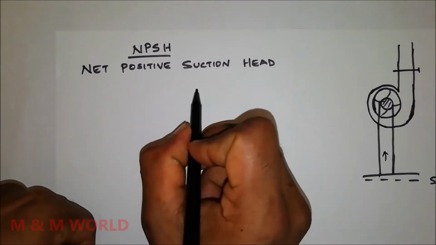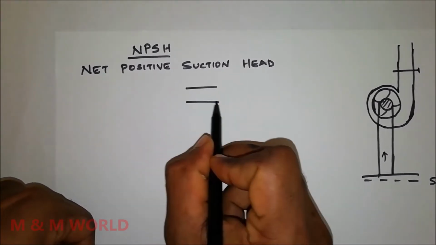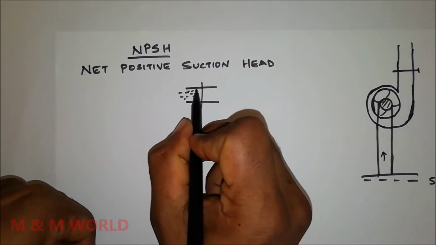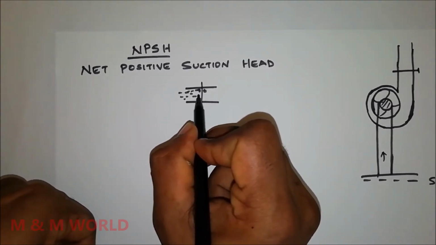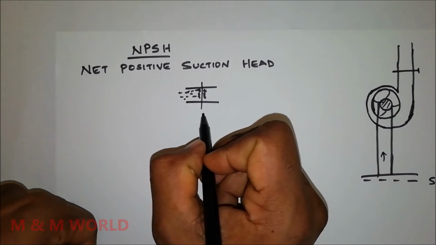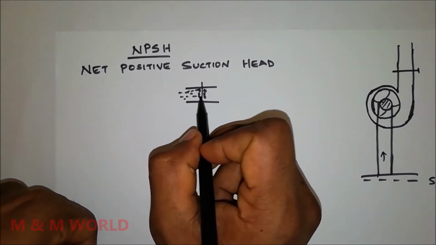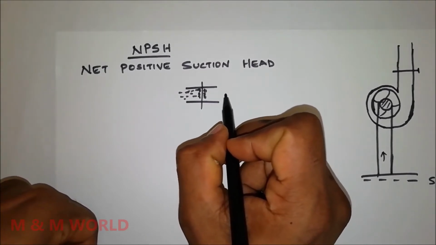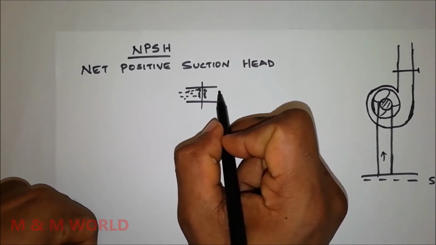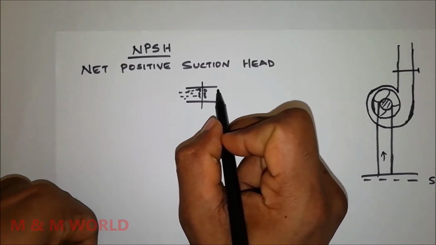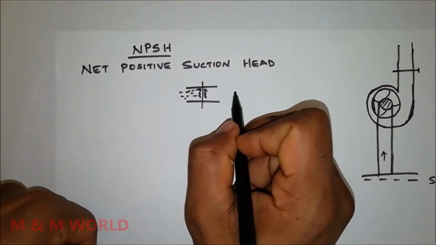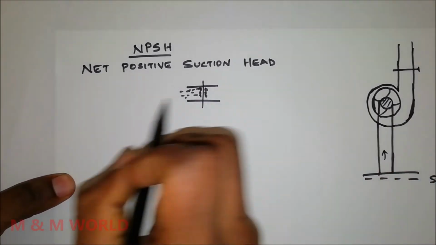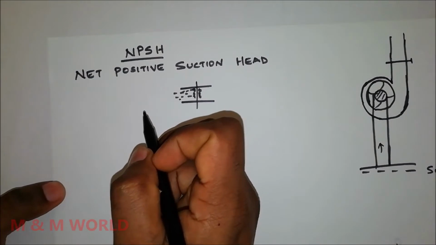When a liquid is flowing through a pipe, at a low pressure region this liquid starts boiling so that bubbles will be formed, and these bubbles will collapse or burst at a high pressure region, and this results in damage of the tube or the impeller. So it affects the efficiency and head of the pump. So the phenomenon of cavitation must be removed.